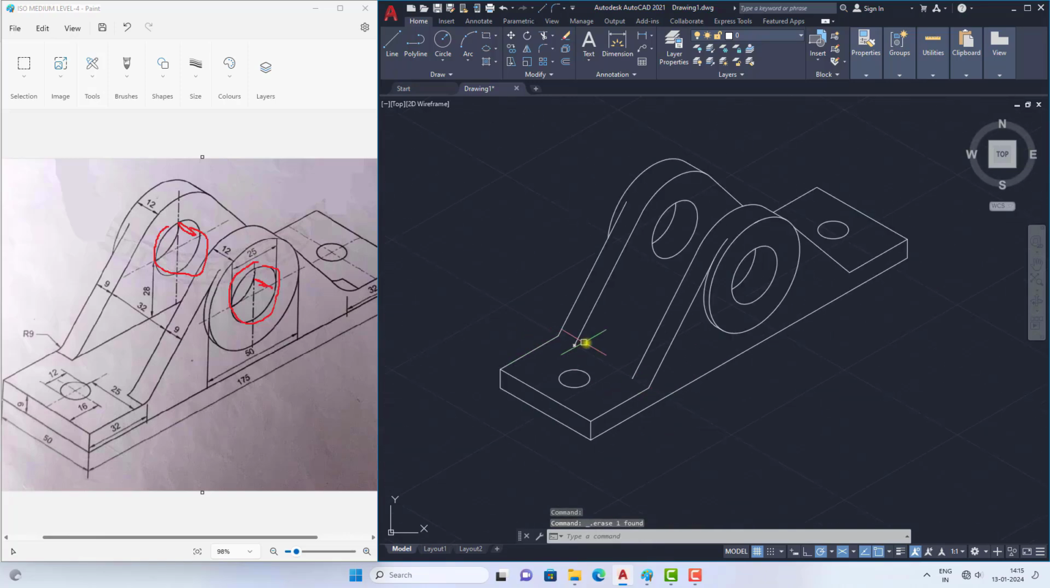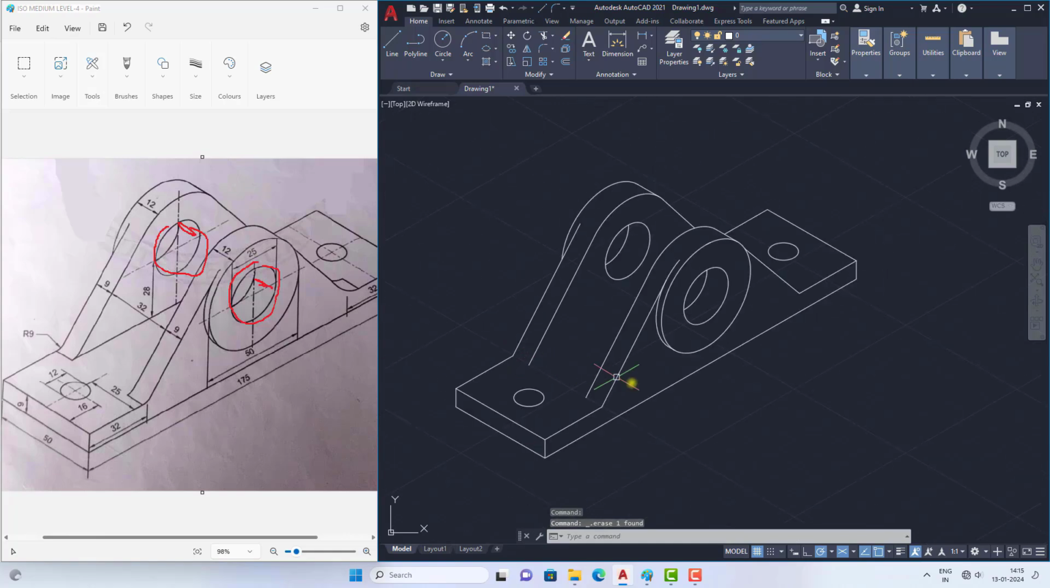And now there is a fillet here. See, there is a fillet which has a radius of 9 given. So for that I am selecting this fillet option. Select the radius option and now give the radius value as 9 and press enter. Select multiple. Select these two lines